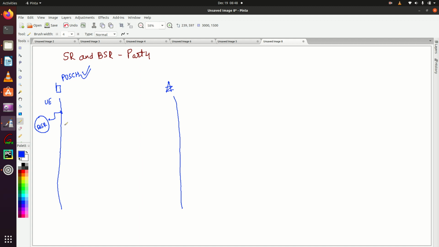As I told you, the UE already has PUSH resources. It means the UE is sending user plane data in uplink direction, because PUSH is used to send user plane data in uplink direction.